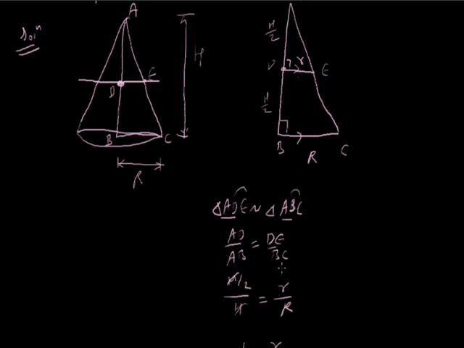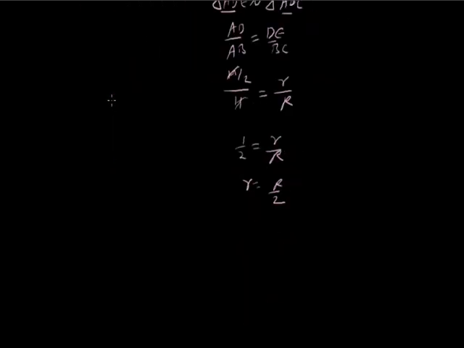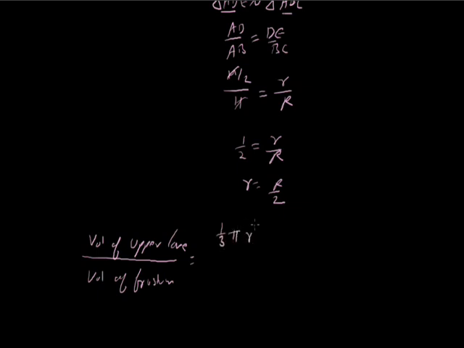Now अब हमें इन दोनों पार्ट्स की वॉल्यूम का रेशियो निकालना है. तो अगर हम ध्यान से देखें तो ये जो अपर पार्ट है it is nothing but a cone and the lower part is nothing but a frustum. Okay, so basically we have to find the ratio of the volume of upper cone to the volume of frustum. Clear? So upper cone का जो वॉल्यूम होगा that is 1 by 3 pi, the radius is small r and the height is h by 2.